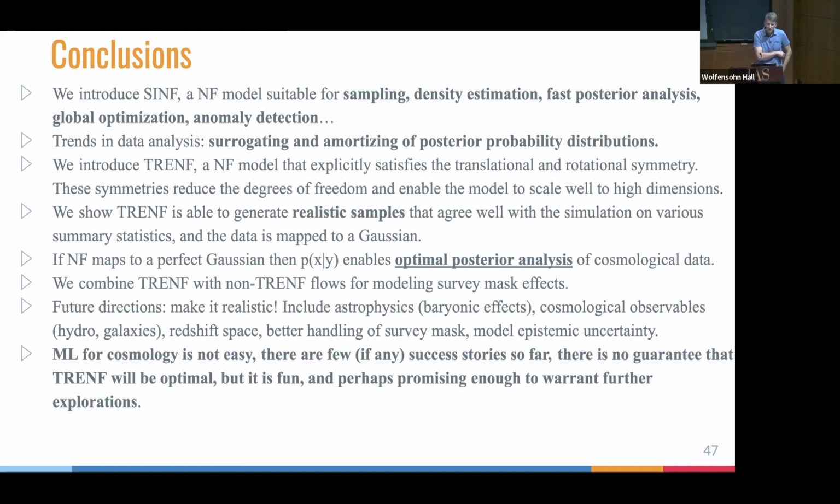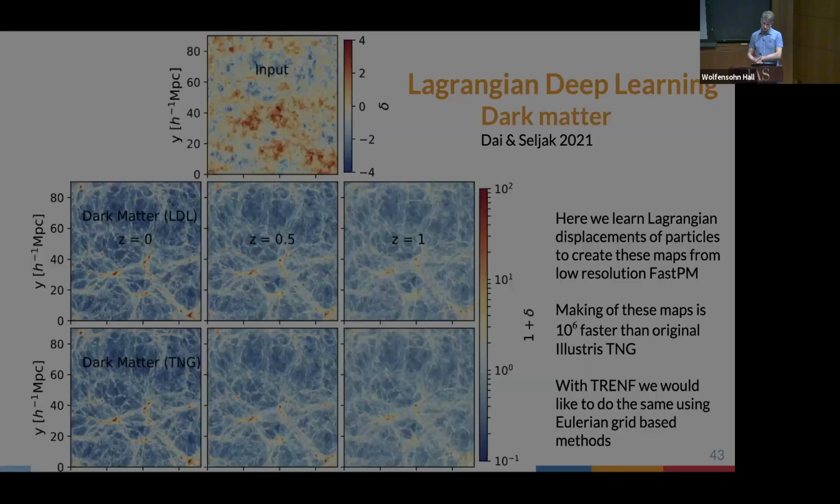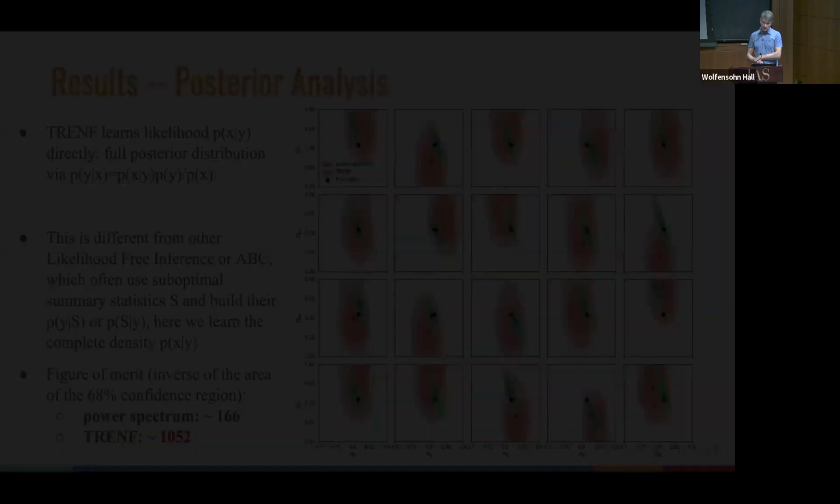In the case that you use TRENF and you do some optimal analysis and you get really tiny tight posteriors around cosmological observables, is there a way of validating that posterior besides just looking at the latent variable space and then checking that it's Gaussian? I think that one is quite powerful. I really want to advocate that one